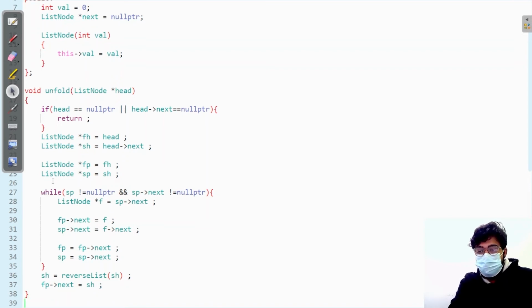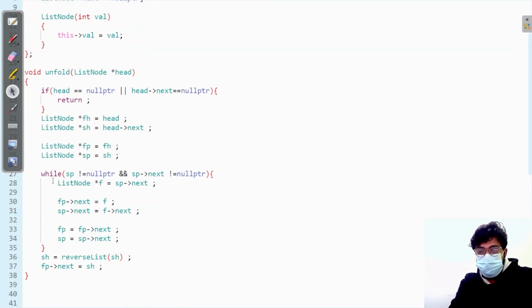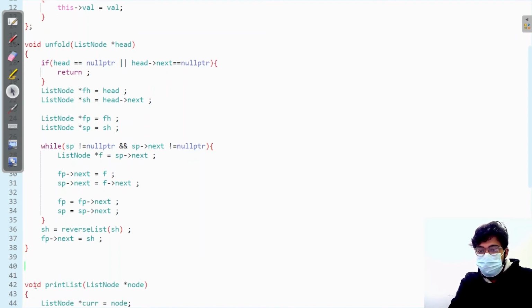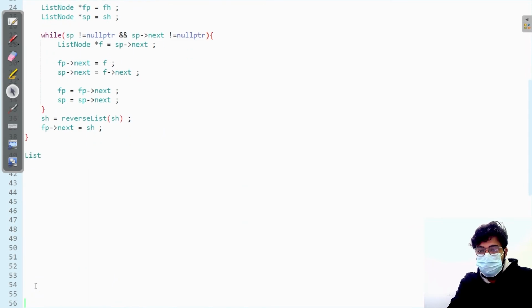We need to connect fp next to sp, sorry, sh. So let's make a function for reverse. Let's reverse. ListNode* reverseList(ListNode* head). In this, if head is equal to nullptr,